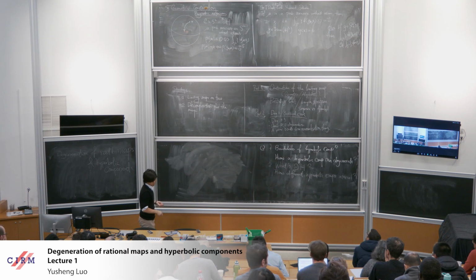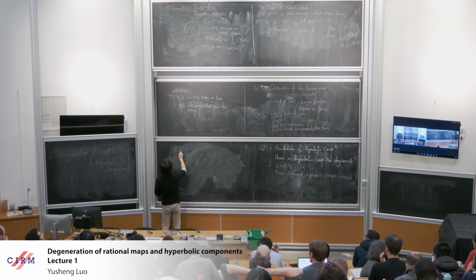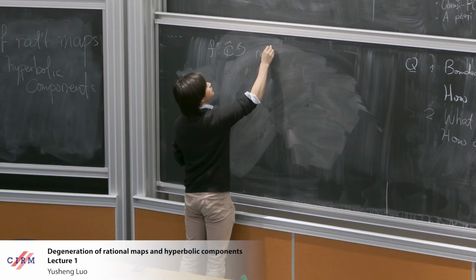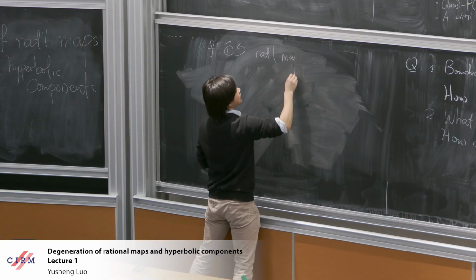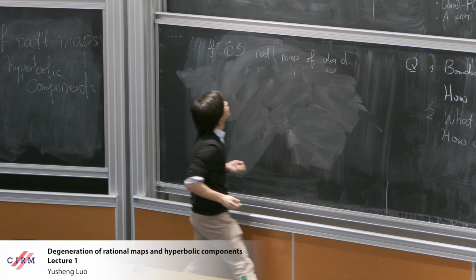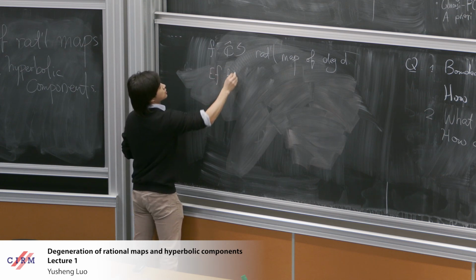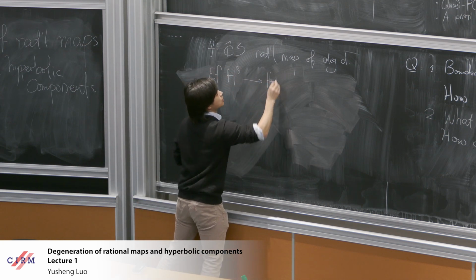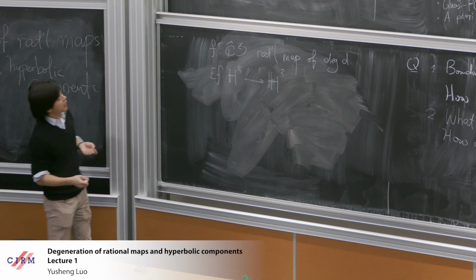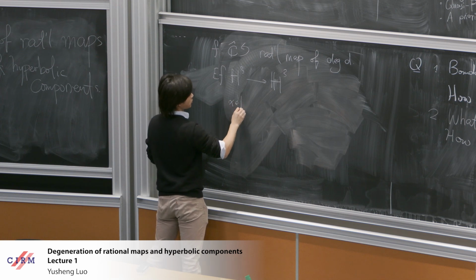All right, so now let me tell you the definition of the barycentric extension. So f is going to be a rational map of degree d. Then we want to extend this map to a map from the hyperbolic 3-space to itself. Well, how do we do that? Well, if you give me any point x in H3,